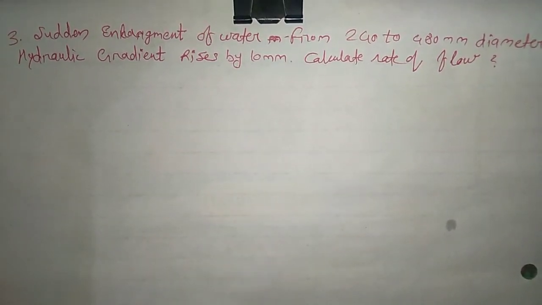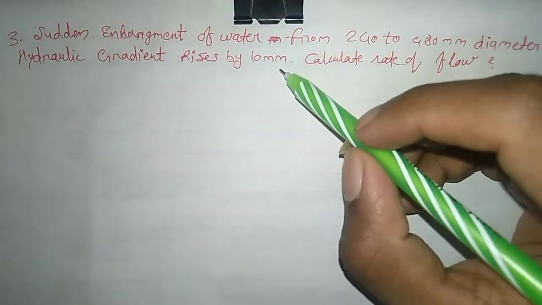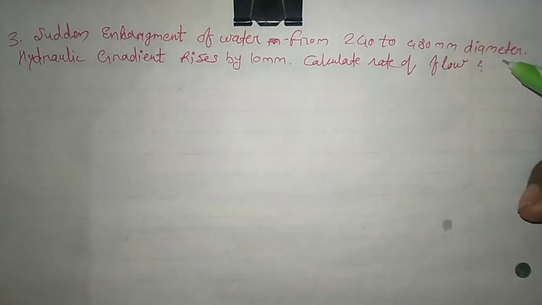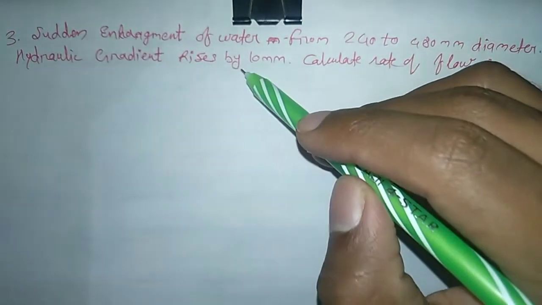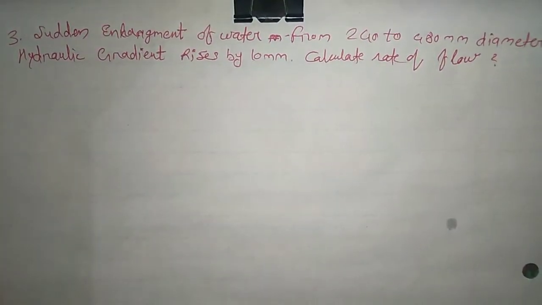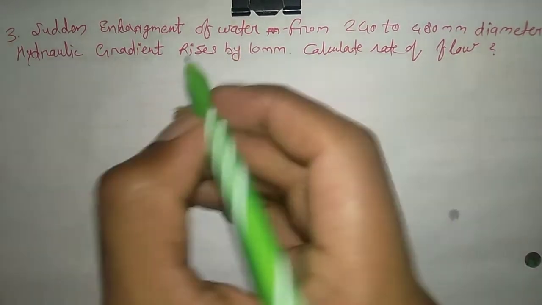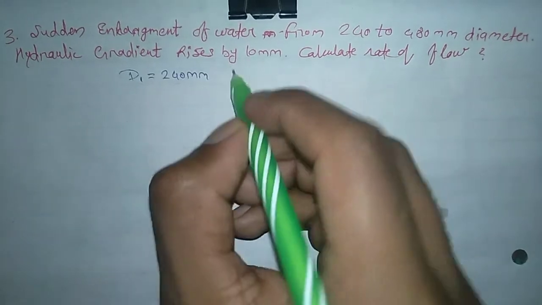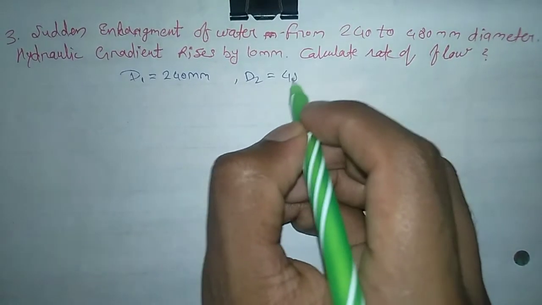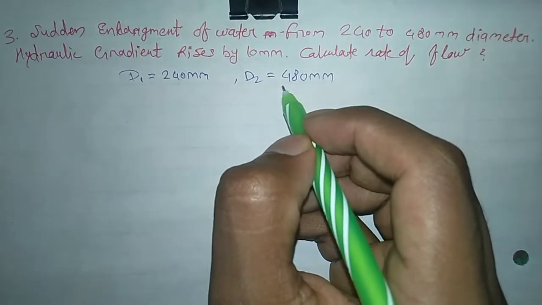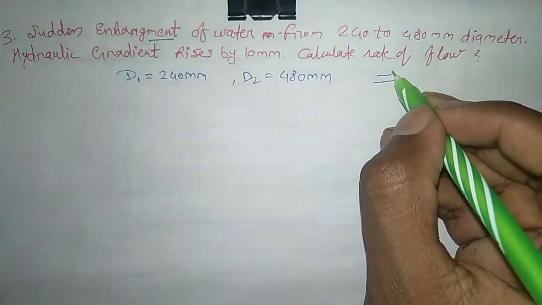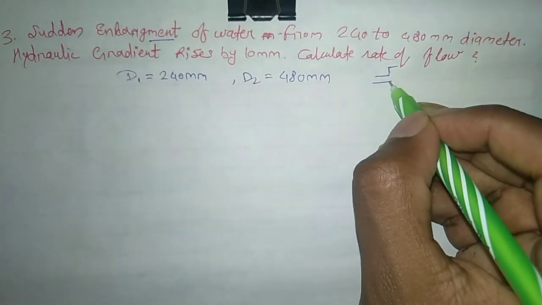Example on minor loss of head in flow through a pipe. The question: a sudden enlargement of water from 240 to 480 mm diameter. The hydraulic gradient rises by 10 mm. Calculate the rate of flow. Here in the question we have been given two diameters, D1 which is 240 mm and D2 which is 480 mm. It is an enlargement, which means the pipe having a smaller diameter